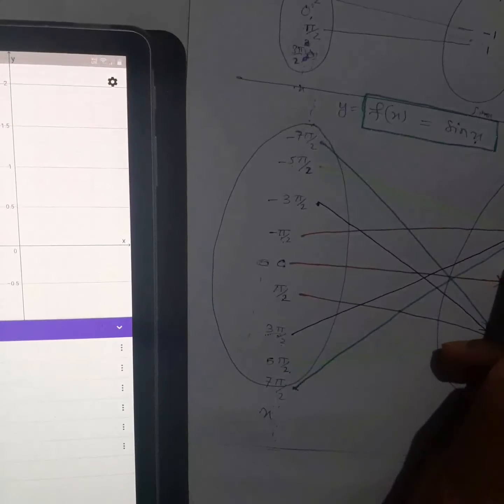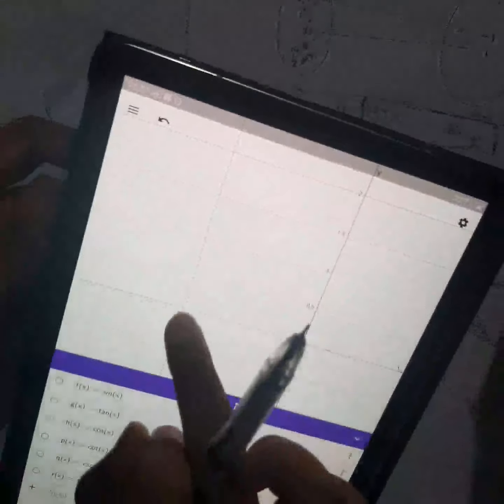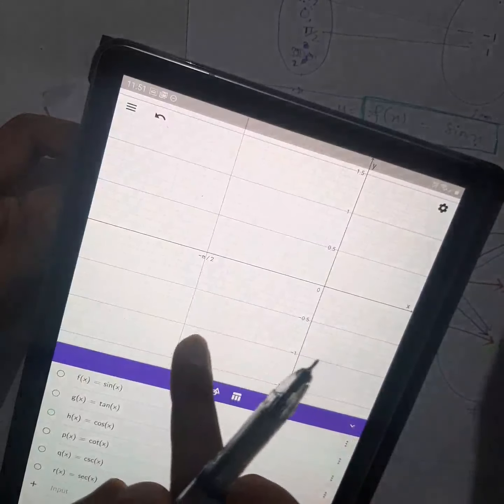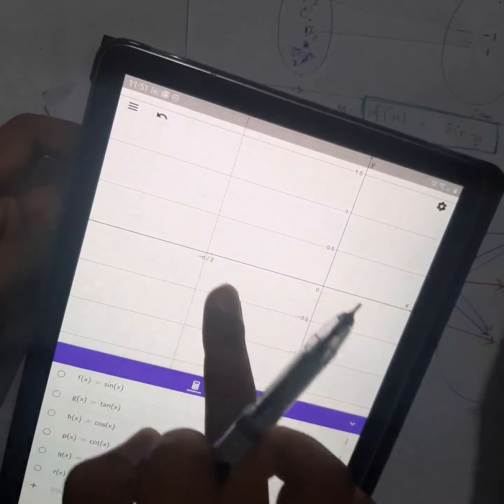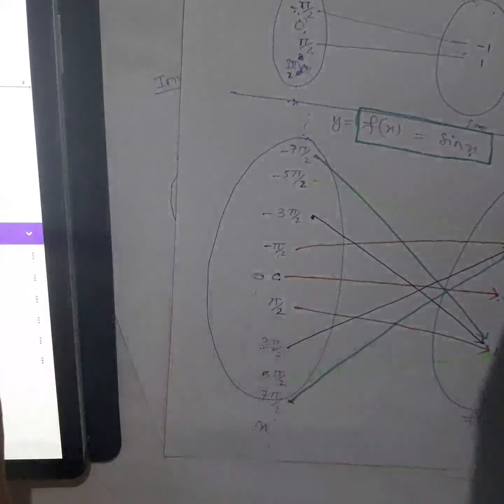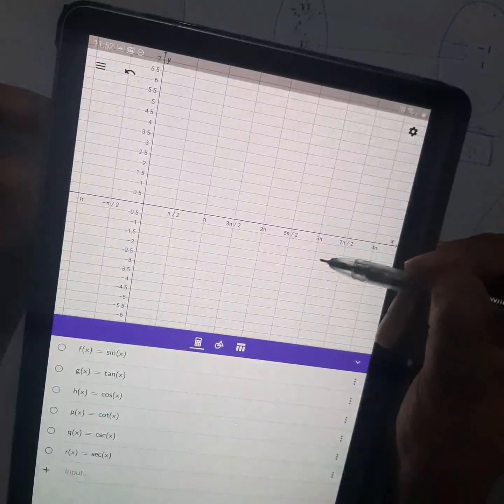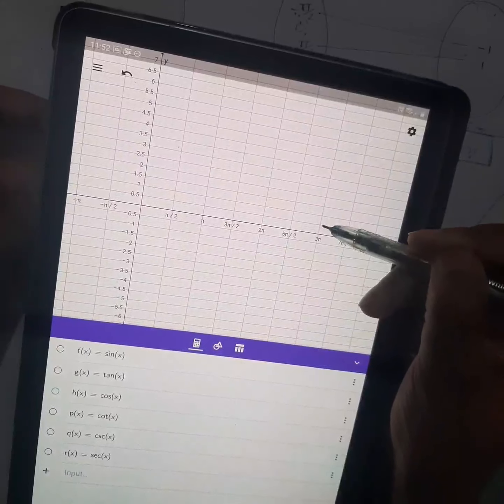What answer did we get? Y, how much did you get? For minus pi by 2, you got y as minus 1. So minus 1 will be where? Here, right? So when your x is minus pi by 2, your y is minus 1. In this way, if I plot all these points, what kind of graph? Now x, how many values do you have? Infinite. So you keep on putting x values, and you will get some y value, and y value you will always get between -1 to 1.